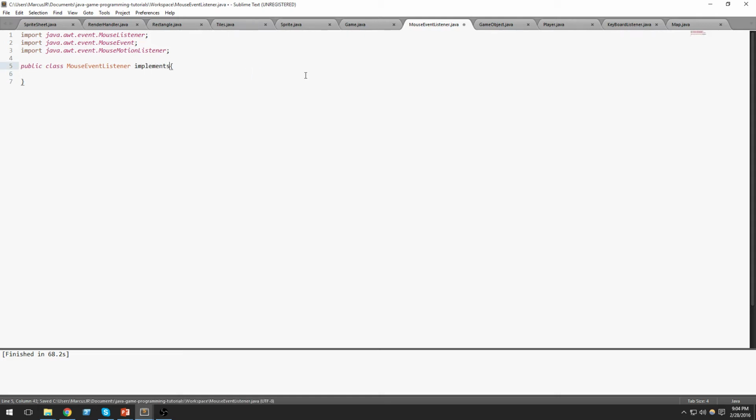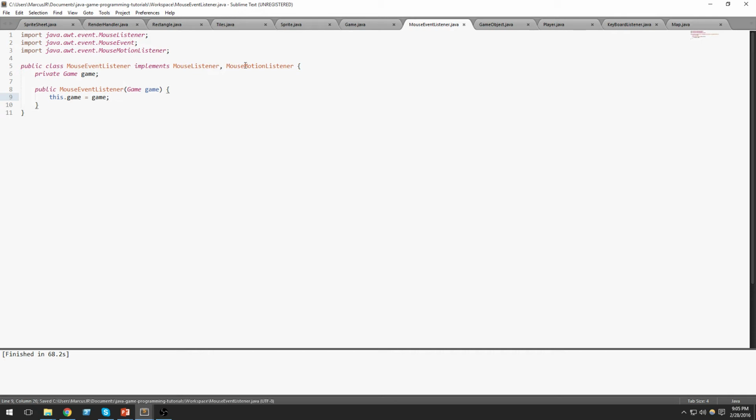implements MouseListener and MouseMotionListener. Just two things we're going to use, and there's just a few methods we're going to need. All right, we're just going to get a constructor first, and this is not going to be like a game object. And just a hint for the challenge, we're going to take a game. So the MouseEventListener constructor does take a game instance, and this.game is going to be equal to